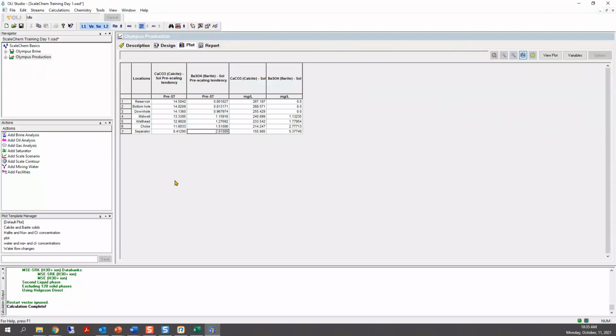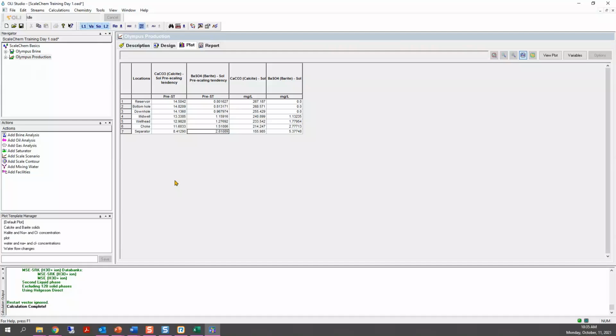I cannot even tell you when the release will be, but I know that we are working to add at least the most common inhibitors, and we can tell you, based on these results, how much of the inhibitor you can add to reduce the scaling tendencies.